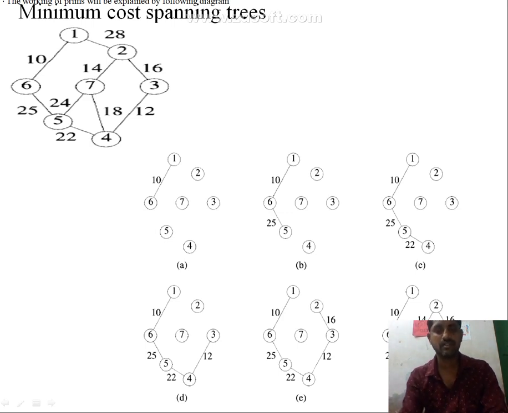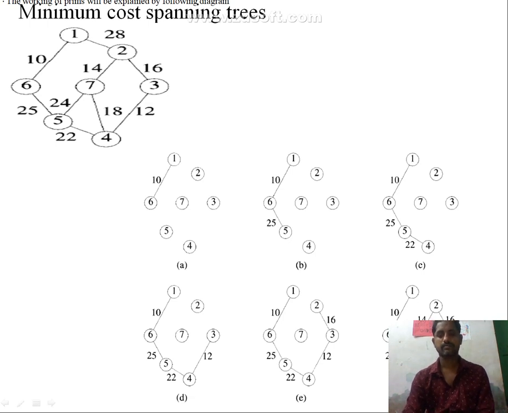Okay, so totally we can get the values 10, 25, 35, 57, 69, 85, 99. So the total cost is equal to 99. So the path is 1 to 6, 6 to 5, 5 to 4, 4 to 3, 3 to 2, 2 to 7. So the total cost is 99.